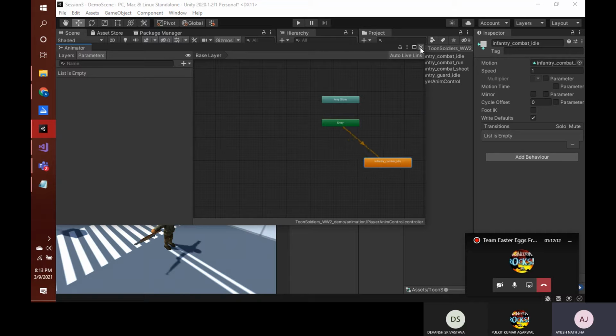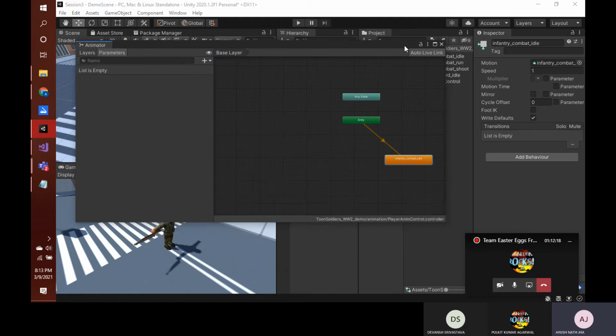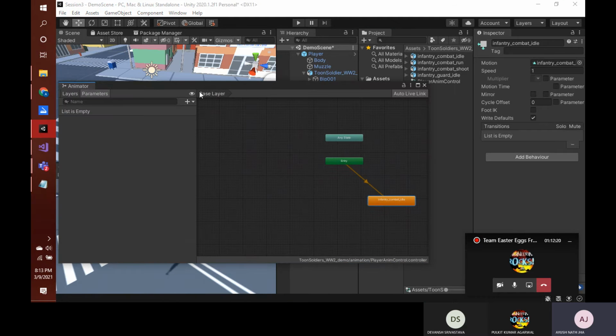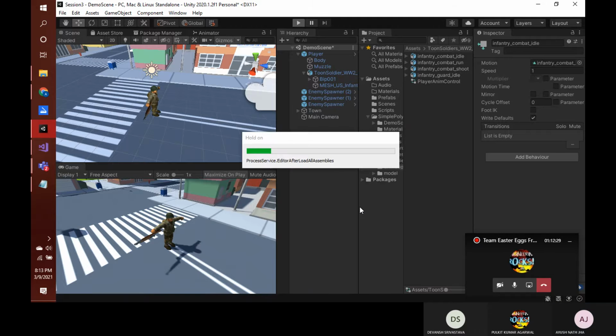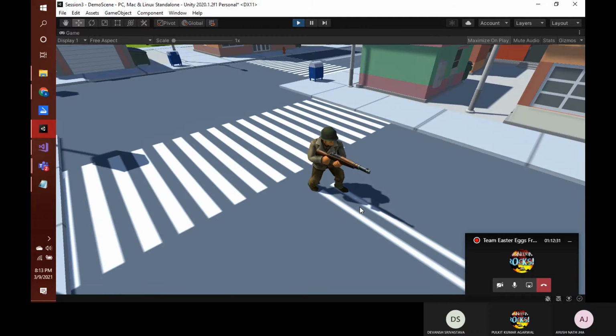And if we just run this for a while, you will see how this will change. If I just dock it back here, and if I just play once, you will see how this thing will change. Yeah, as you can see, it is standing idly and the animation is running seamlessly. You all got it right, how it is happening. As soon as the game started, this thing came up. Okay.